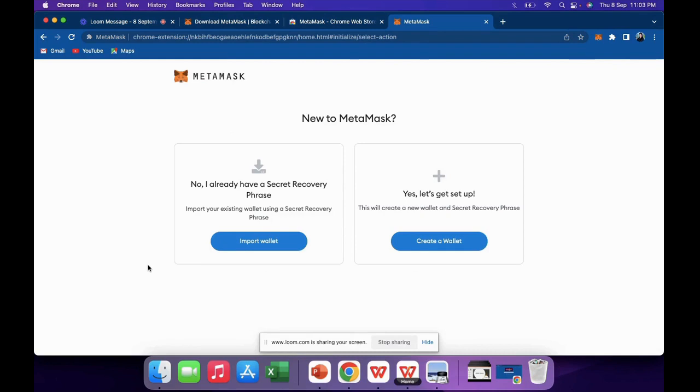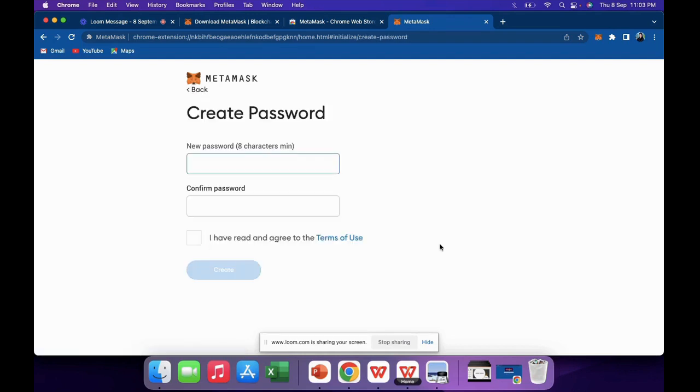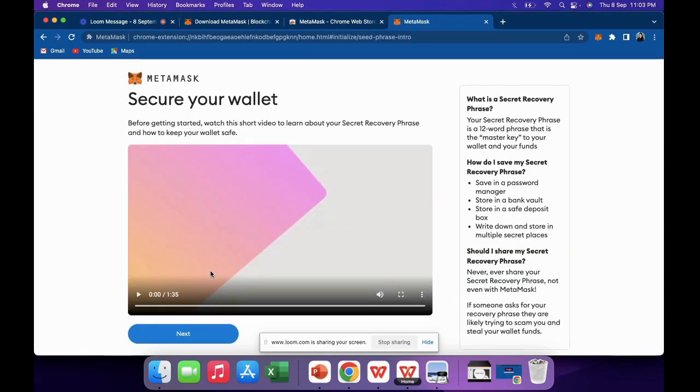In case you have already created a wallet and you need to import it, click here. Or if you want to create a new wallet, go to this create wallet. Here you will be asked to type in a password, minimum 8 characters. Please do that. Once you have confirmed the password and clicked on the agree button,